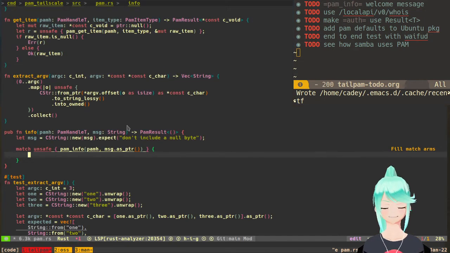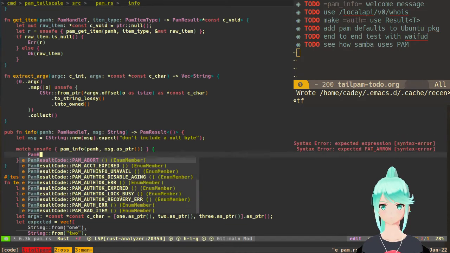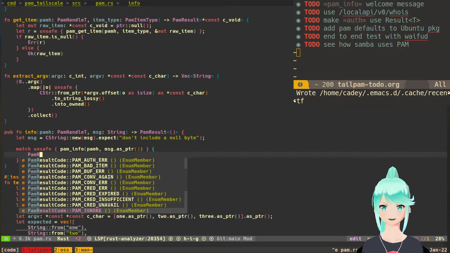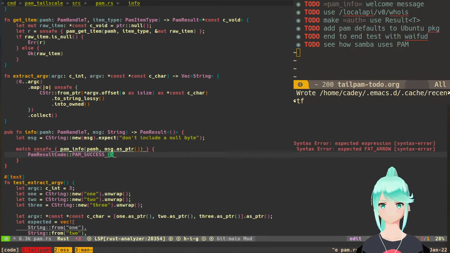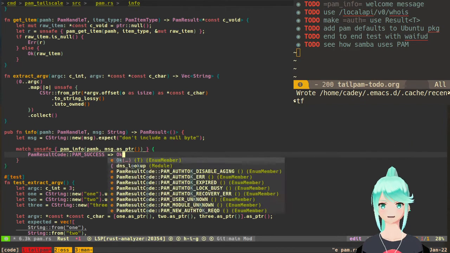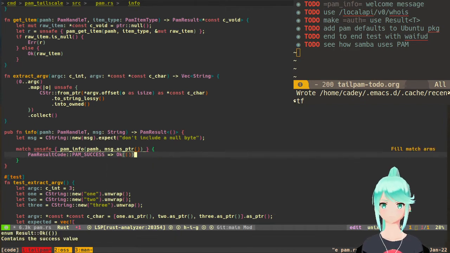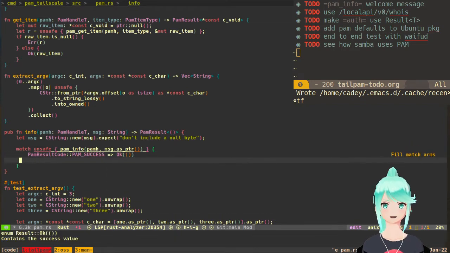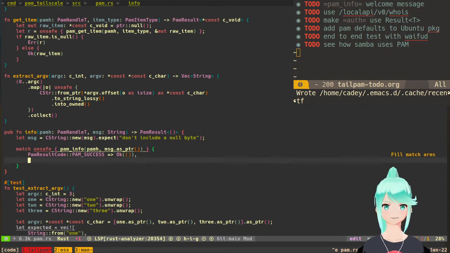So let's match PAM result code: PAM success. Okay. And then, oh yeah, I have to have a comma at the end of that for a match case. And then anything else, we can say